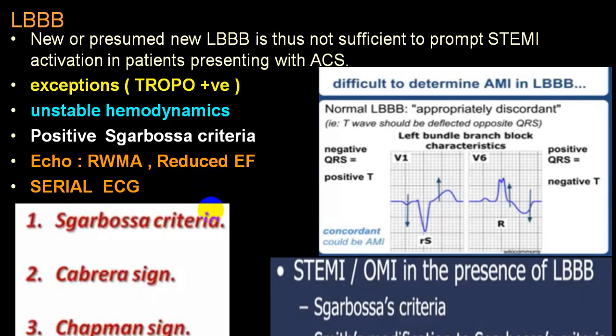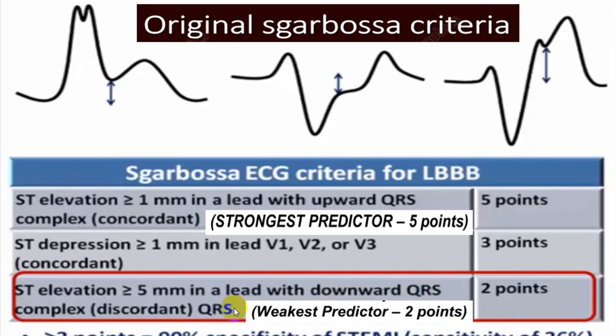We also use Cabrera criteria and Chapman's criteria, as we come across, which show you almost indirectly that the entire Sgarbossa criteria is covered. So for STEMI in the presence of a left bundle branch block, Sgarbossa criteria is absolutely necessary, and the C criteria in Sgarbossa is modified by Smith, which we call the Smith modification of Sgarbossa criteria. It tells you that if there is ST segment elevation of more than 5 millimeter in V1, V2, which is a discordant elevation, but you measure the proportion of S wave to ST elevation, and if it is more than 25%, then it is included in the modified criteria, because the original criteria gives you only 2 points, so sensitivity was reduced, hence there was a modified criteria.